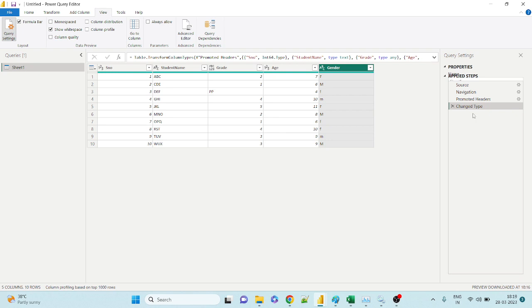How can we remove that step, guys? What is the way to remove a step? Simply go to the particular step, highlight it, and it will enable the delete icon. As soon as I click on the delete icon, see guys, notice here, ABC 123, ABC 123, ABC 123. We are having column profiling. We are having all the columns profiled with their respective data types, and I am removing the Change Type step. As soon as I delete this step, now see guys,